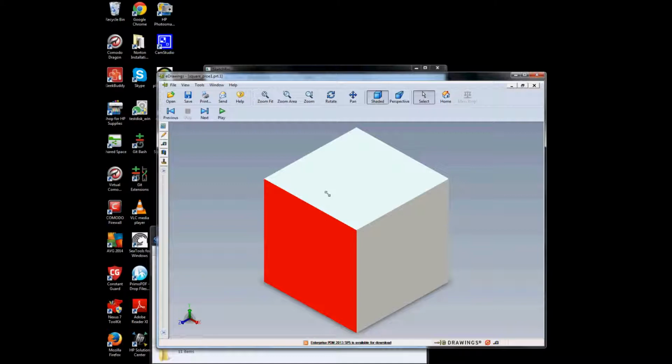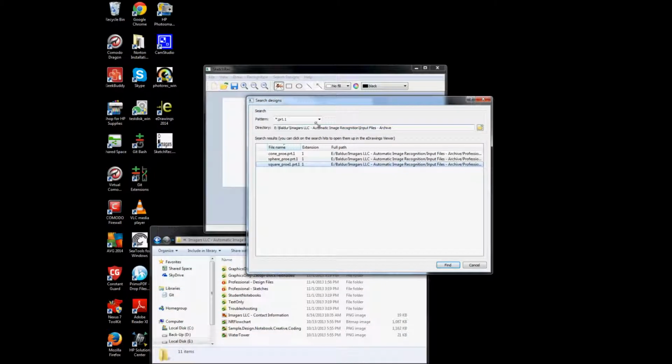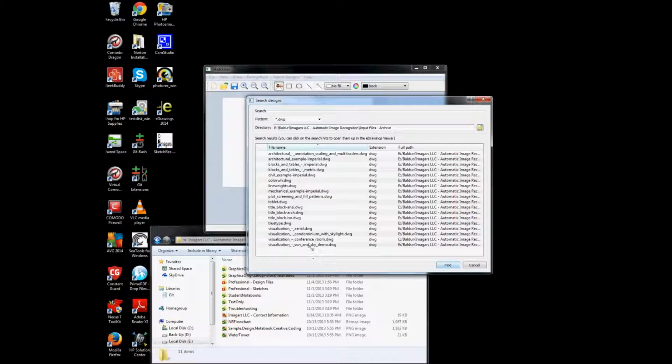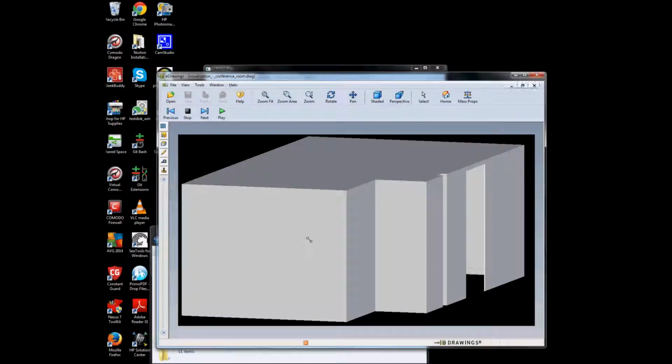And again, this definitely should give us a good enough idea if a given file contains the design that we were looking for. But the intelligent search facility does not only support SolidWorks and Pro-E files, it also supports eDrawings, and in my database here I don't have any eDrawings, so we just see no files found. But I have some AutoCAD drawings which we can search for, and we can double click on a search hit and it appears in the eDrawings viewer